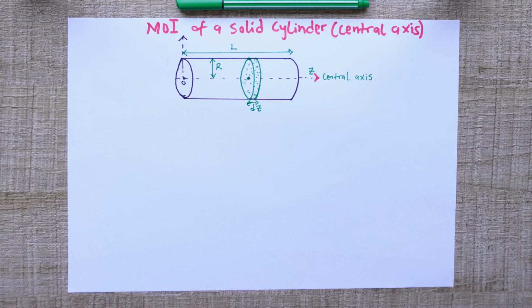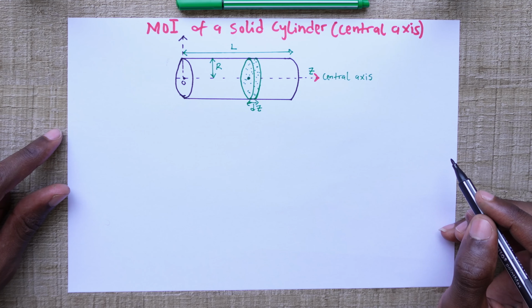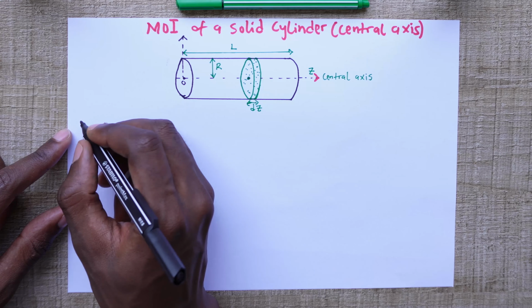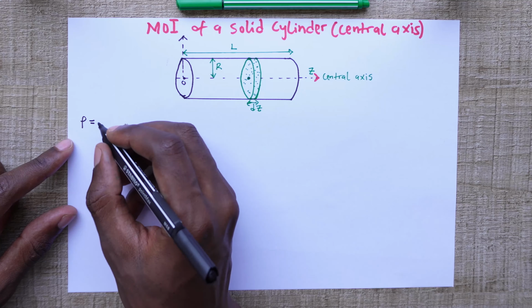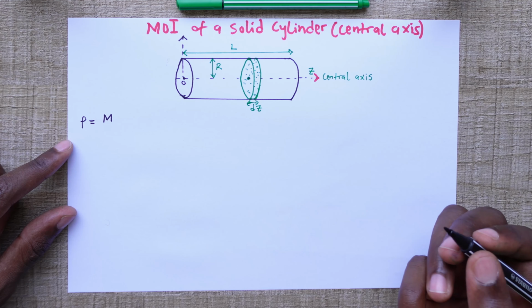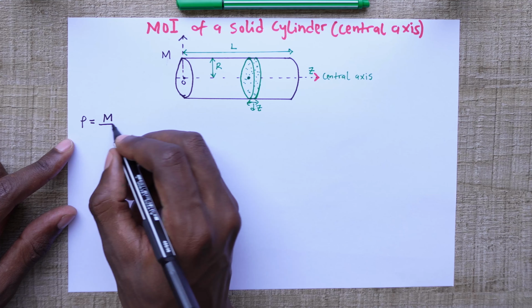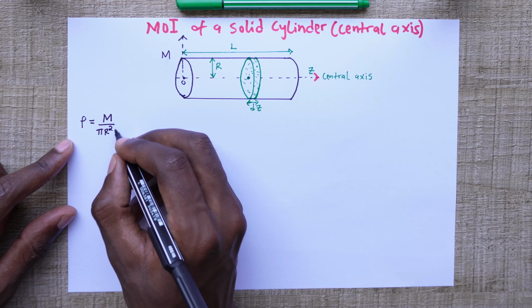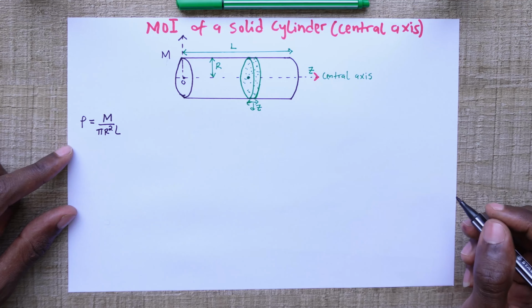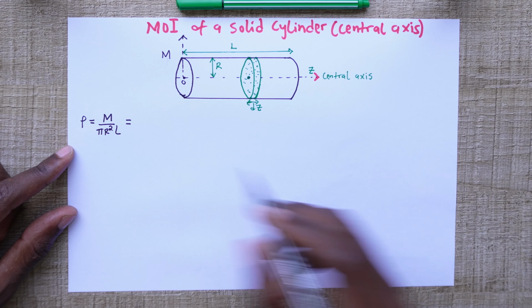So again, the first thing we can do here is write the uniform mass distribution. We can denote by rho the mass distribution of this cylinder. That's just going to be the mass of the cylinder, capital M. I forgot to mention that the cylinder is of mass capital M, divided by the volume of the cylinder, which is just pi radius squared times the length. And then this uniform density distribution,